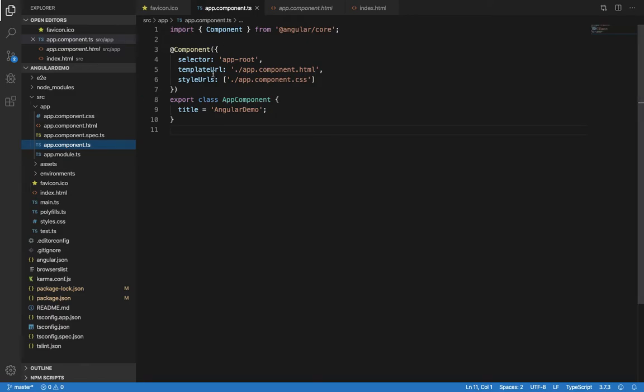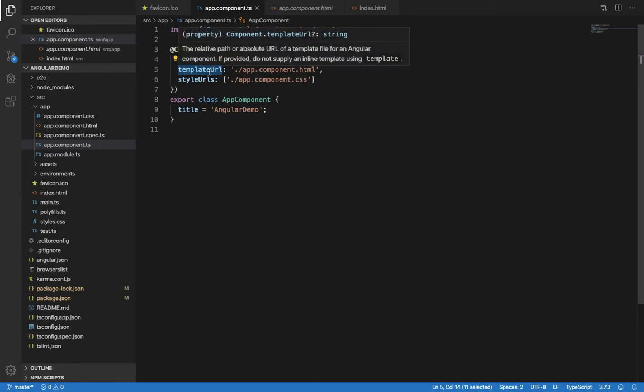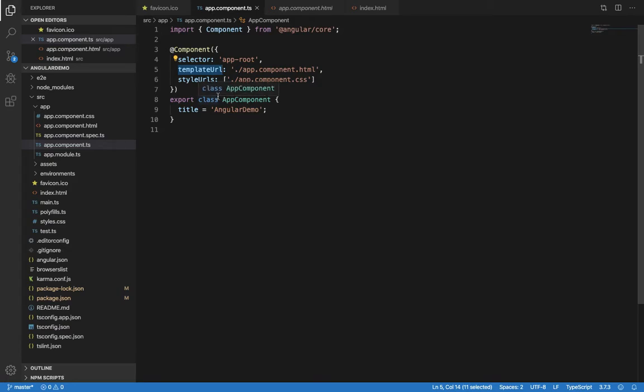The first one is this template, which is over here. As you can see, I had defined a particular template into this component file. Apart from that, the second thing of which the component is made up of is this class decorator. So class is the other thing, and the third one is the component decorator. This is a particular decorator which is defined by the @ symbol. So these are the three things from which a component is made up of. We'll discuss these three things one by one.